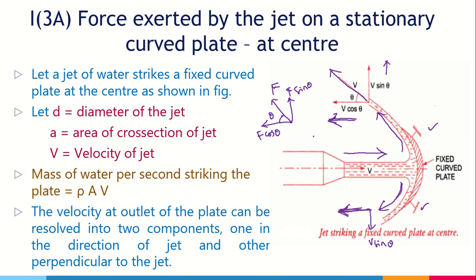This is a very simple one. You can see here clearly. So I have a jet of water which is striking the curved plate. You can see in the figure. Of course, we assume the plate to be smooth such that no water is stuck to the surface. The water is gliding. There is no loss of energy. And the velocity of water which is coming out at the outlet is resolved into two components. One in horizontal direction and one in the vertical direction, what we call one along the direction of jet and one perpendicular direction of jet.